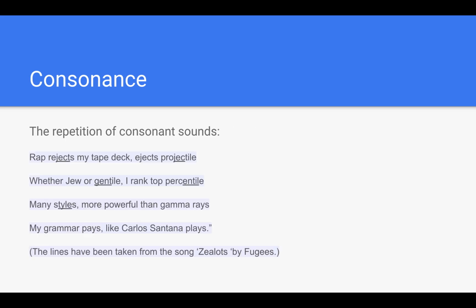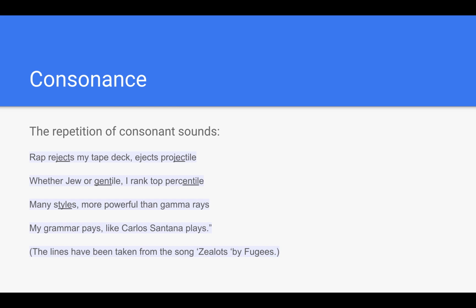Consonance is very much the same, where we have a repeat of a consonant sound. So reject, project, eject, these are the same sound that's being repeated. Rap rejects my tape deck, ejects projectile. We're actually going to see a lot of this in rap. So we get a lot of same-sound isms to create this kind of flow or this kind of pattern, right? And so again, we can kind of see